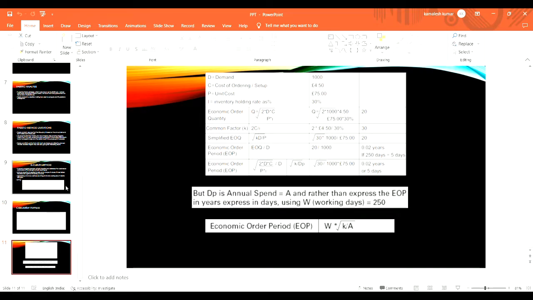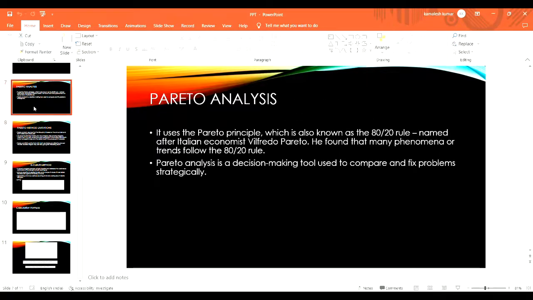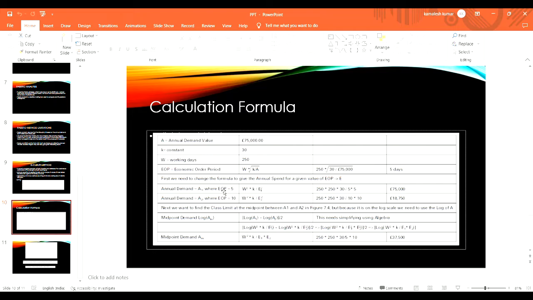So 2CD by I, you can see here, we can replace it by K. So in this formula, we can replace it by K. Basically this is taken from the EOQ model formula, and if you do that formula, we can get the value of